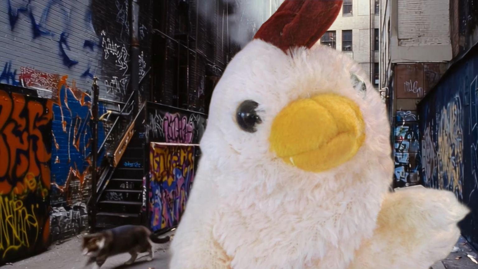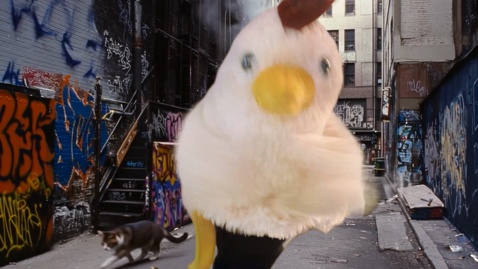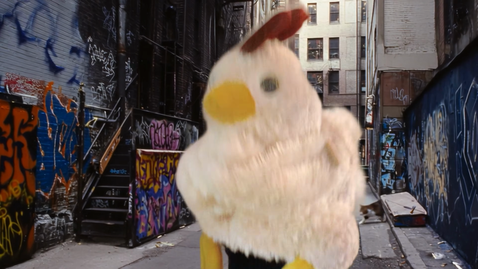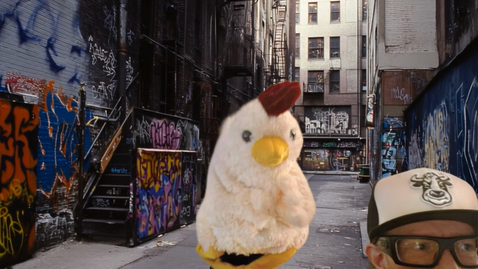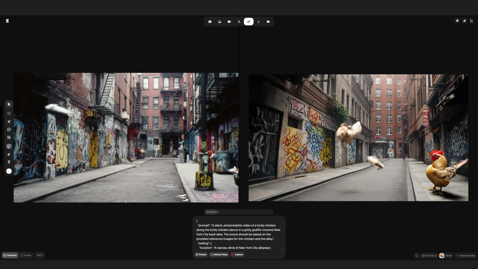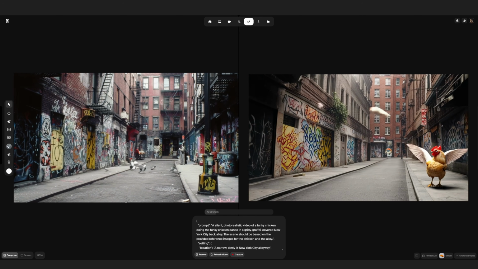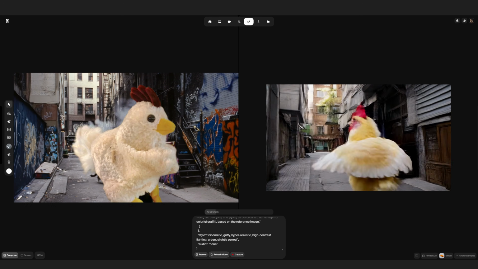I think we all knew the star of this show was always going to be the Folkmanis Funky Chicken, so let's get him out in his natural environment and see if we can get him to breakdance. Although I will probably settle for any type of dance at this point. Apparently the background pigeons are getting the real-time model very confused, so I'll get rid of those, but I can't seem to get any closer to dance moves.